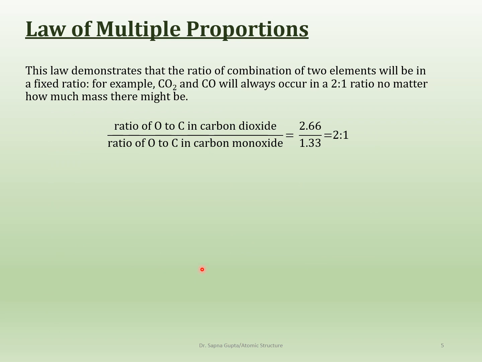The other one is called the law of multiple proportions. What that means is that when you take something like carbon dioxide and carbon monoxide, their ratio will always be 2:1 for the oxygen in there. So if you have two different things in there, they can be combined in a different ratio, but it's always going to be fixed also. Again, it's not like 1.5 to 2. That's kind of what we're saying.